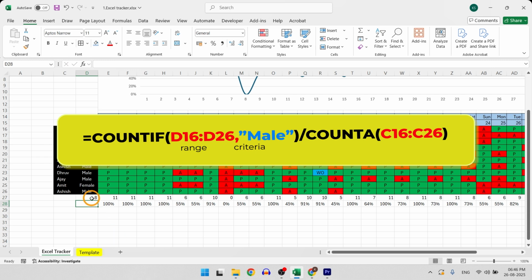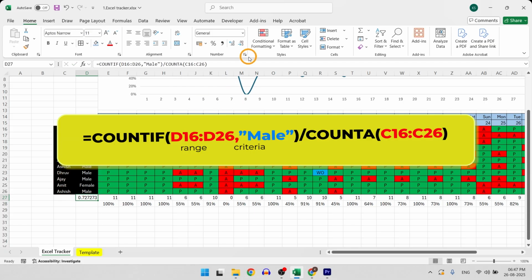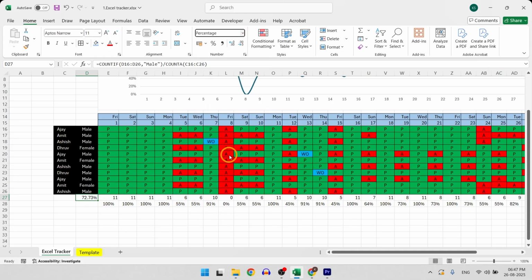Now I will quickly divide it with total count using COUNTA function that we understood earlier. So this simply converts the values to percentage by applying percentage format. Now I will apply the same formula for female ones also.